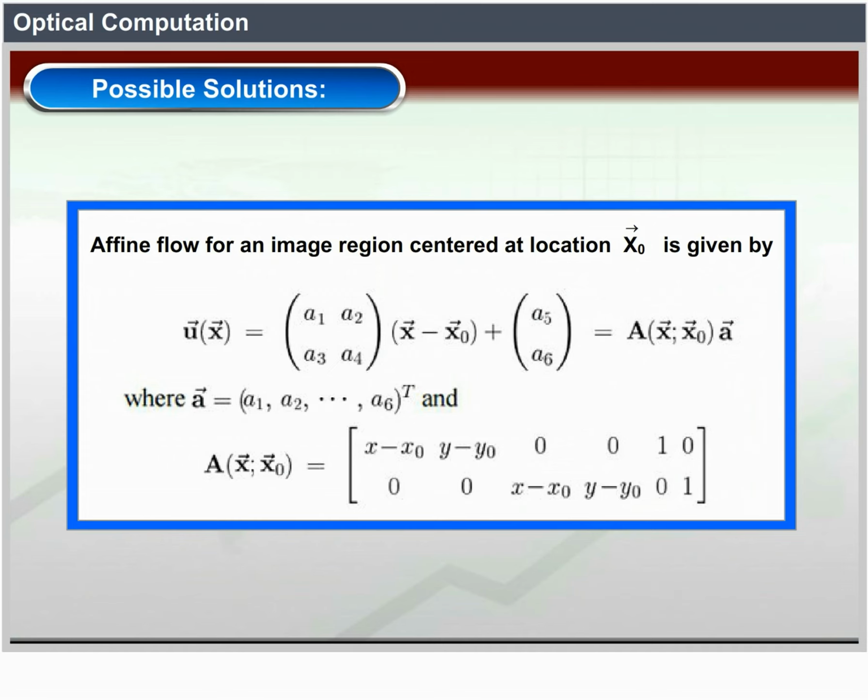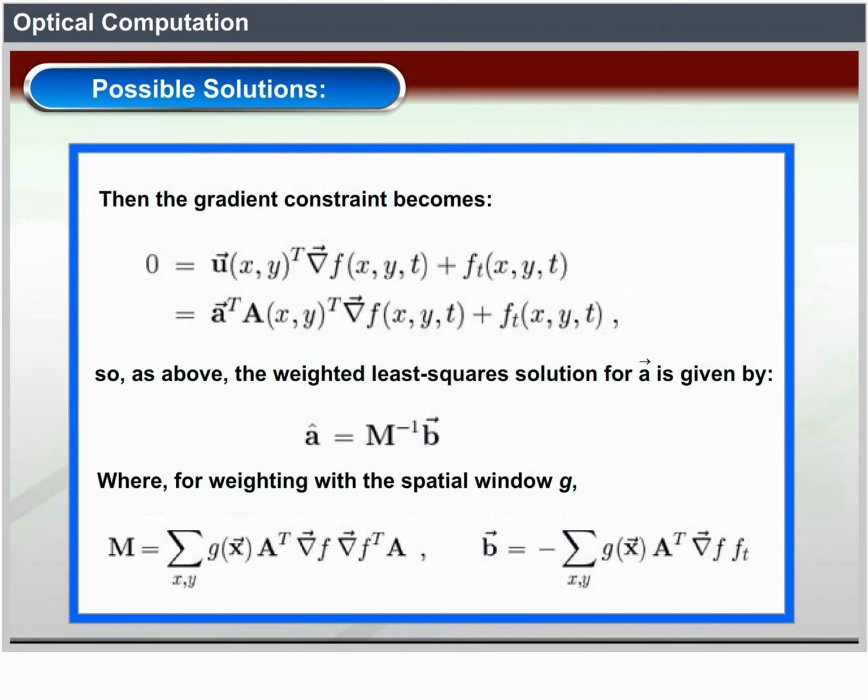And then the gradient constraint becomes. So as above, the weighted least square solutions for a vector is given by a vector equals M to the power minus 1 B vector, where for weighting with the spatial window G, we get the equations: